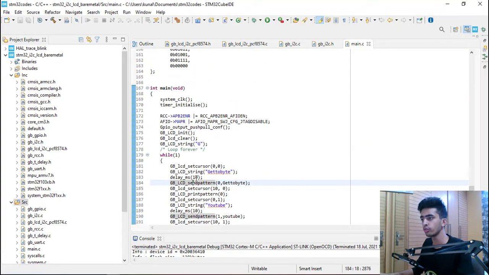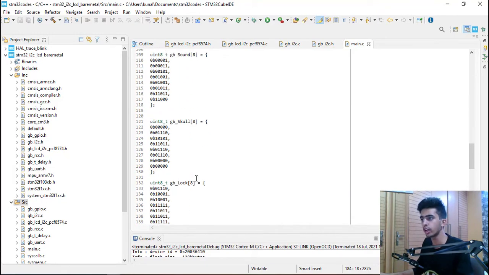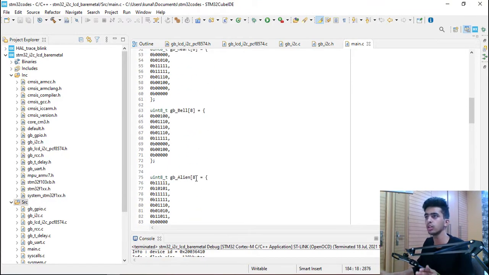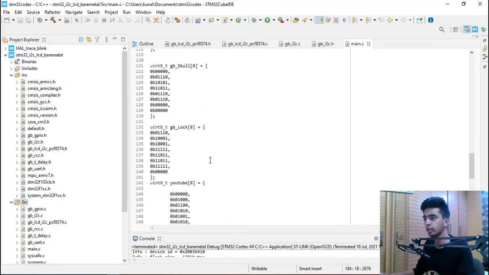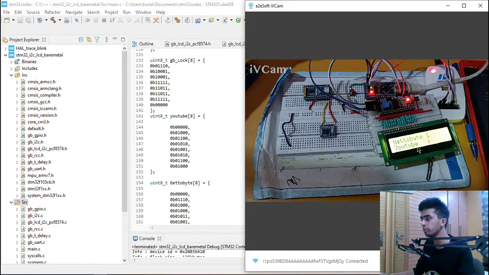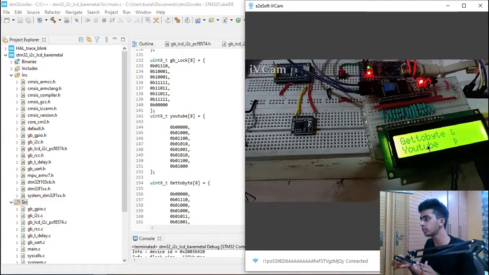So this is what I needed to tell you for interfacing the I2C LCD modules for our LCD screens to our host controller. Here I am generating different patterns, the G pattern and the triangle pattern.